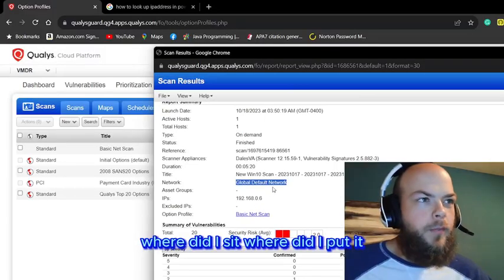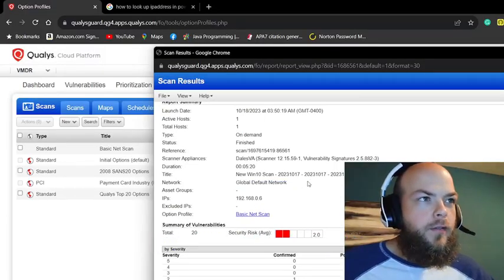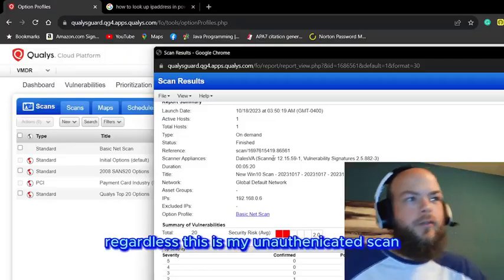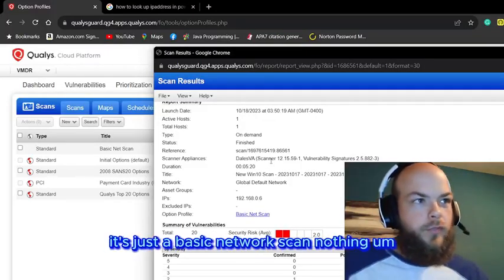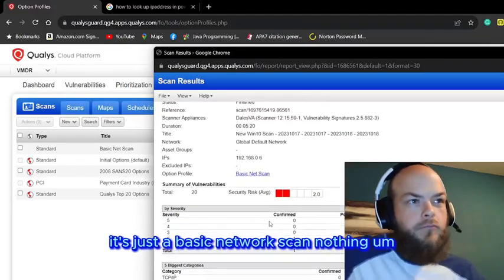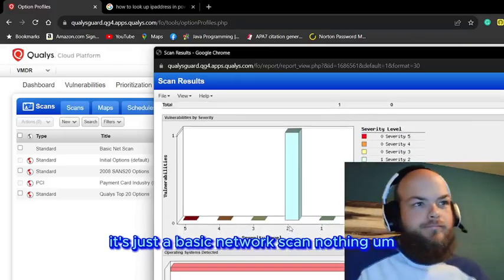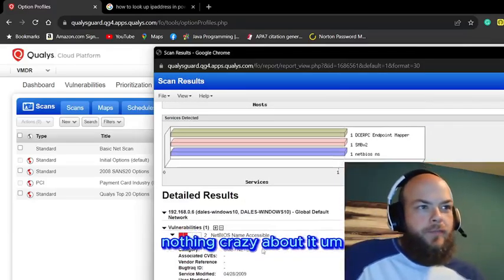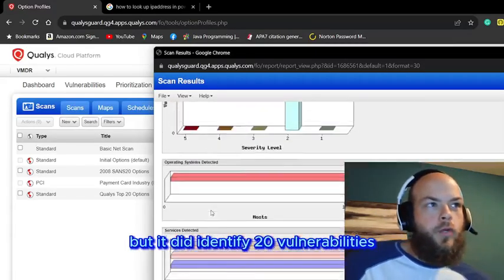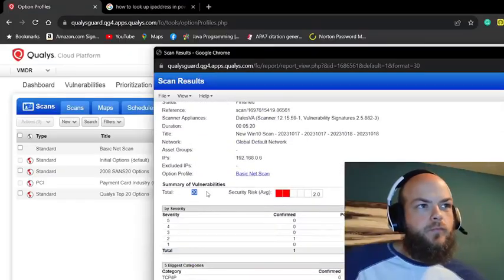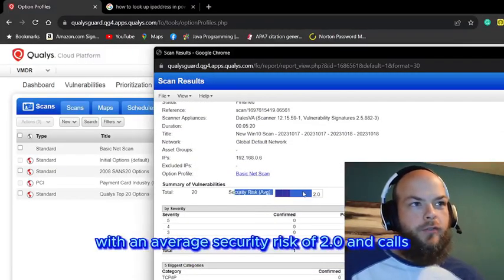Regardless, this is my unauthenticated scan. It's just a basic network scan, nothing crazy about it. But it did identify 20 vulnerabilities,